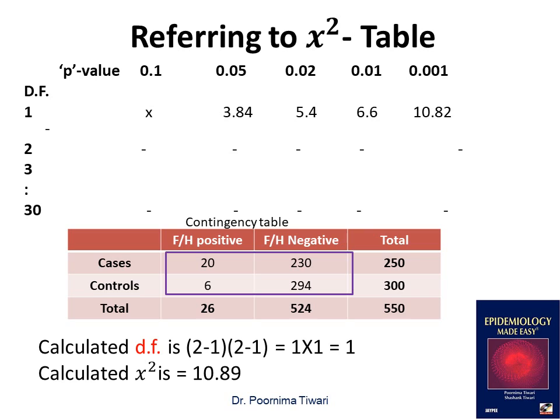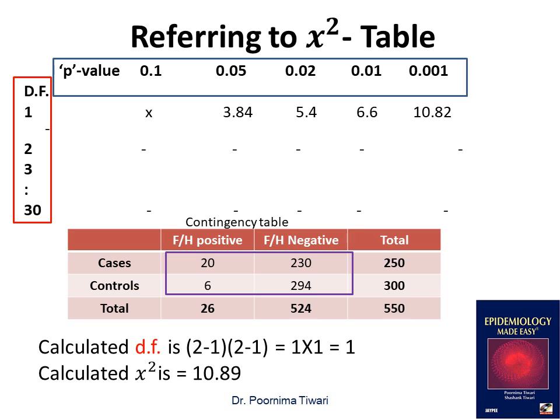On top we can see a standard chi-square table where the degrees of freedom are listed on the left side, whereas the corresponding p-values are listed on top. In the given example, the degree of freedom is 1, so against degree of freedom 1 and p-value of 0.05, the minimum chi-square for p-value of 0.05 is 3.84. So any value above this means the difference is significant. And our chi-square is much higher than that, it is 10.89.